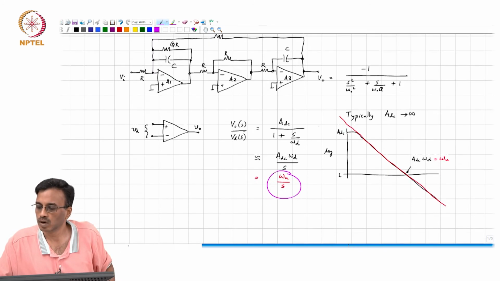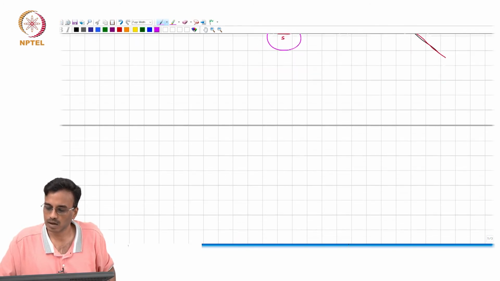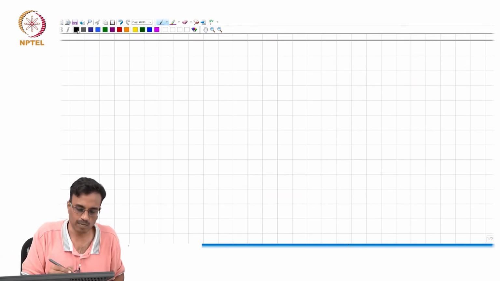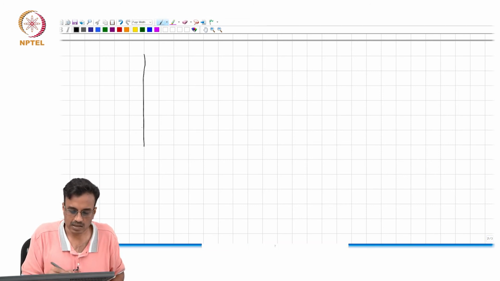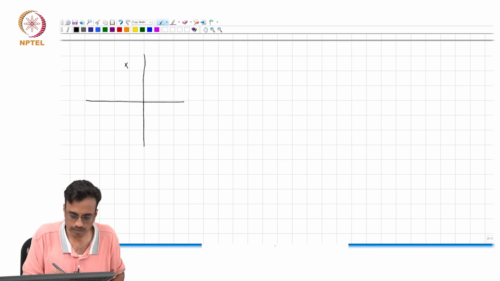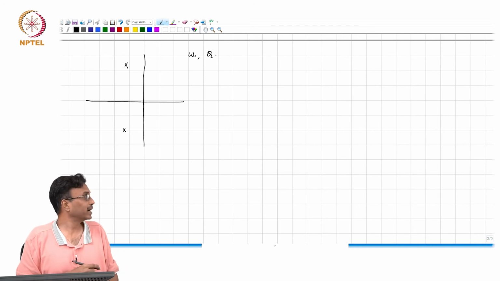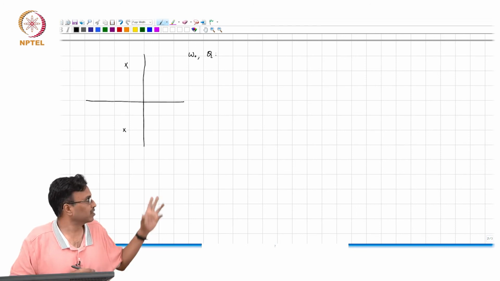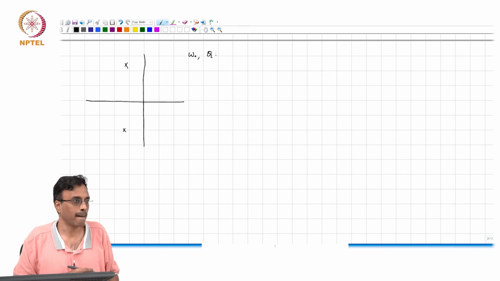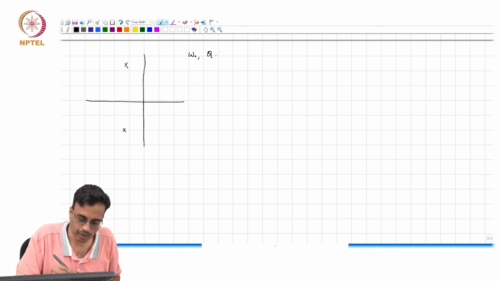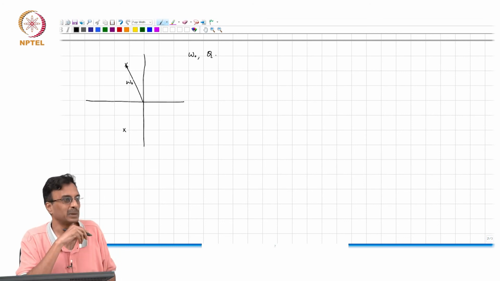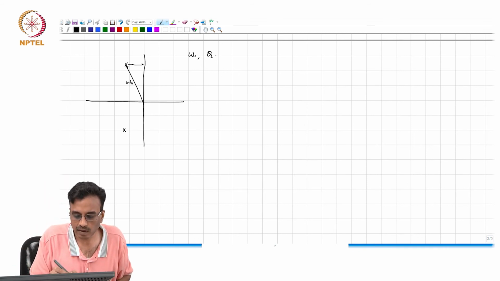All right. Now, before I go there, let me draw your attention to some background information. Let us say you have a second order pole pair with some omega naught and q. What comment can we make about omega naught? In this picture, what is omega naught? The radius of these two will obviously lie on a circle. The magnitude of that is omega naught. And what is q? What is this distance?